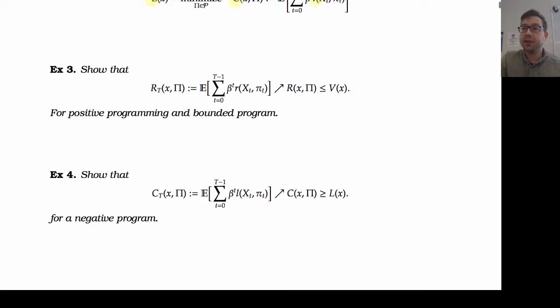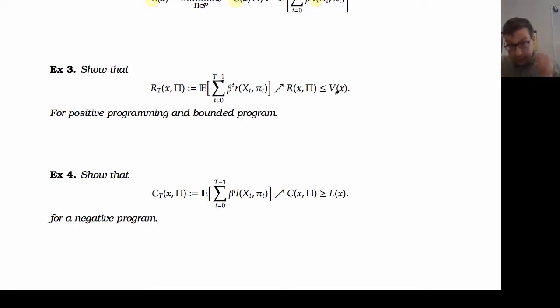So first, this question says, show that for R of t being the finite time Markov decision process over t time units, like this, show that this converges to that for a given policy and is less than or equal to the optimal reward function. Okay, and that's not too difficult a question.